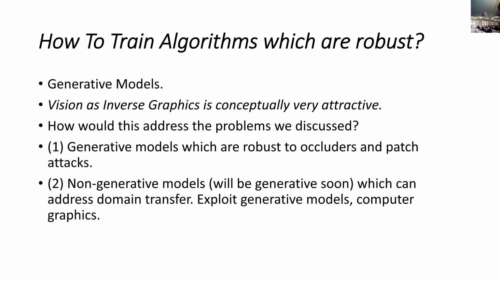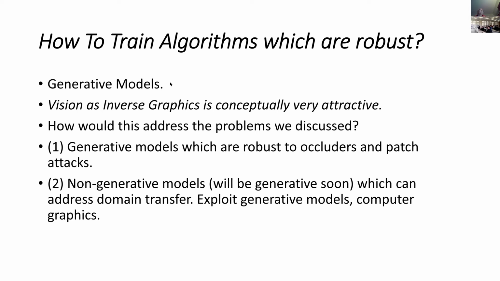Okay, so for the second part of the talk, I'll talk about how to train algorithms which are robust to these types of situations. This is to say that even though you've only got a finite amount of training data, can you train algorithms that are going to work on infinite amounts of test data that has been chosen by your worst enemy to make them as difficult as possible for you? So for myself,